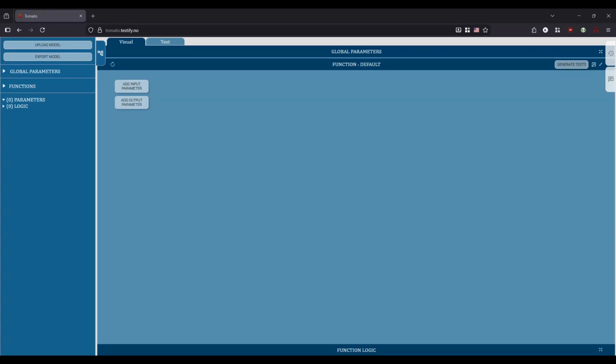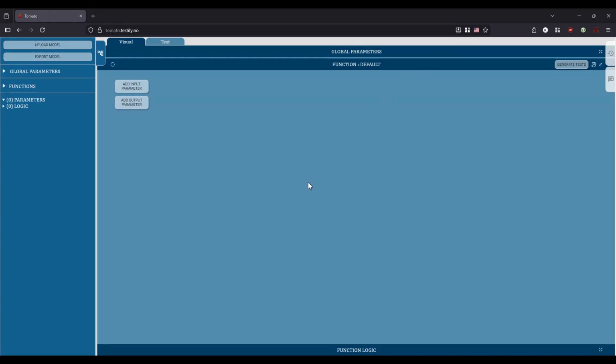Tomato is a graphical tool for building and exploring complex test models using an intuitive card-based interface. It lets us visualize parameters, choices, and constraints like pieces on a digital whiteboard, making model-based testing clearer, faster, and a lot more enjoyable without worrying about syntax or rigid structures. In this first tutorial, we'll show you how easy it is to create a model and generate your first test